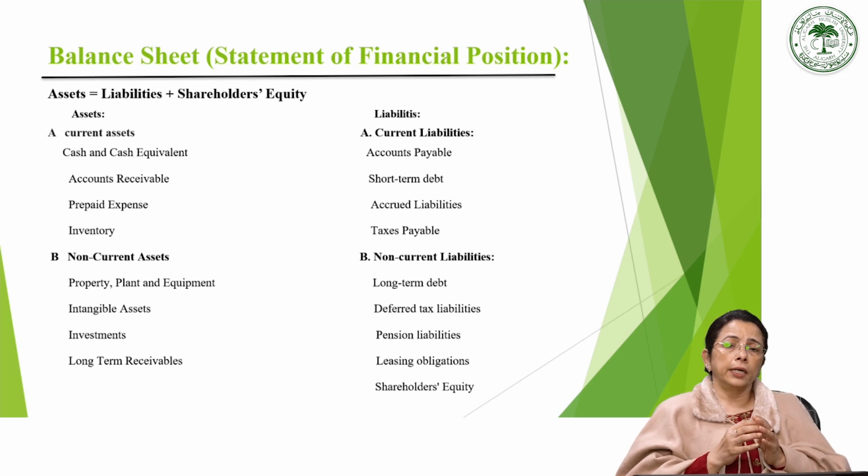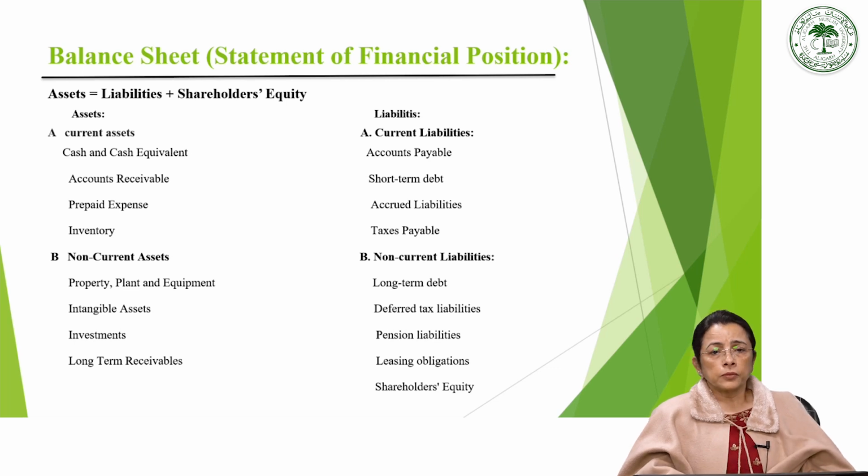So they are noted as creditors. They may be noted as bills payable or accounts payable. That is those accounts which have to be paid in the future. So they stand as the liability part.